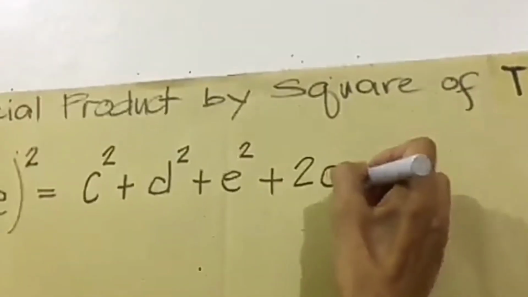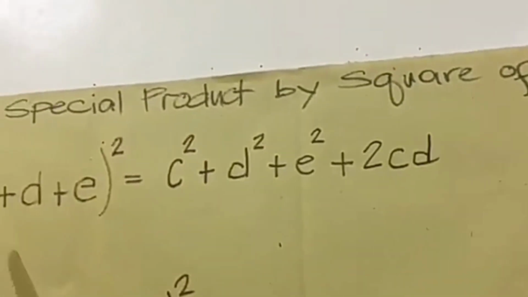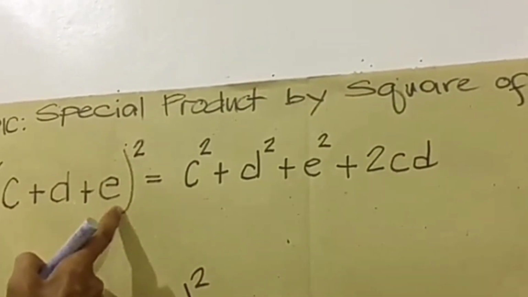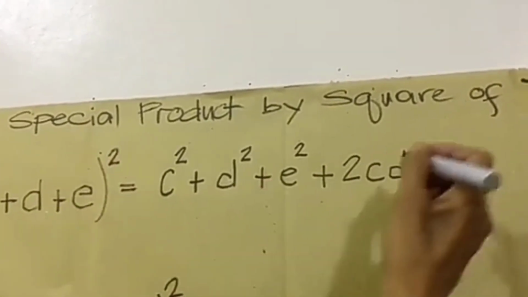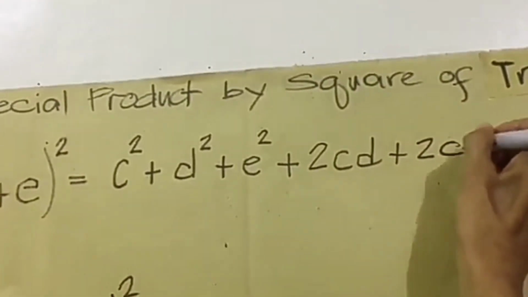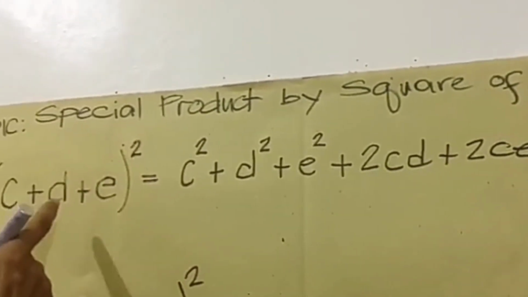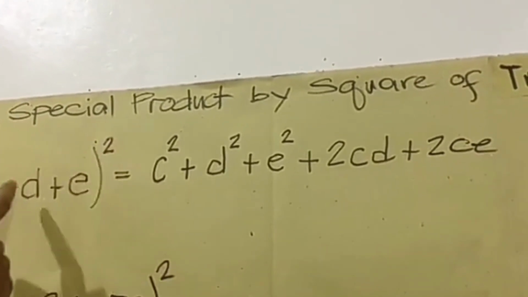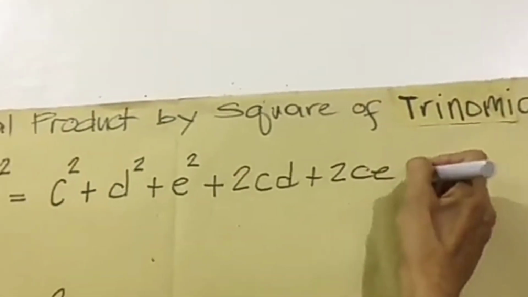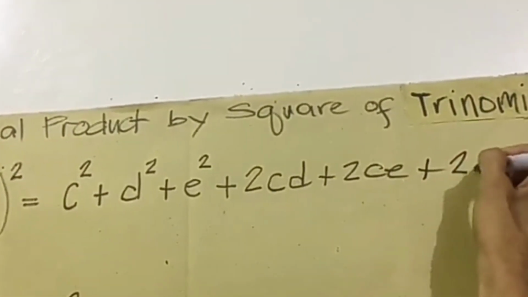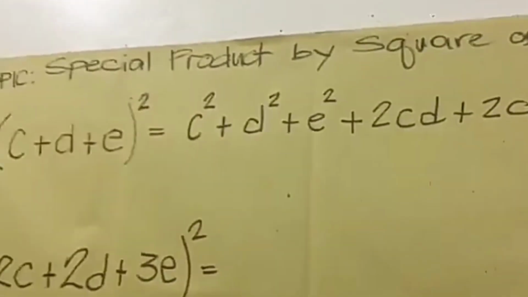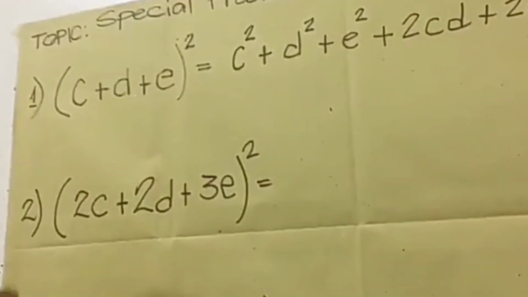CD. And the next, the exponent, the first term and the last term. So 2 times C times E is positive 2CE. And the last is 2 times the second and the last. 2 times D times E is positive 2DE. Okay, that's the answer. And the next, the same pattern, we have to